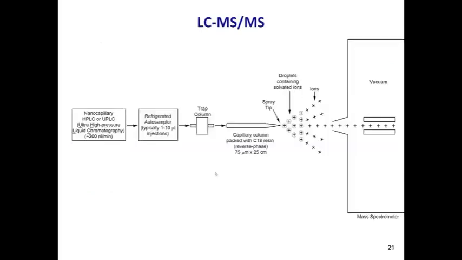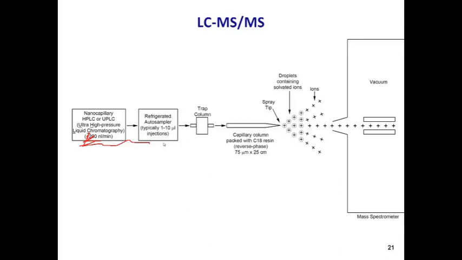This diagram represents the basic schematic of an LC-MS system. We have a nanocapillary HPLC, or more likely a UPLC, which is operating in the nanoliter per minute range. It is interfaced with a refrigerated autosampler, which stores your samples so that you can operate 24/7, and